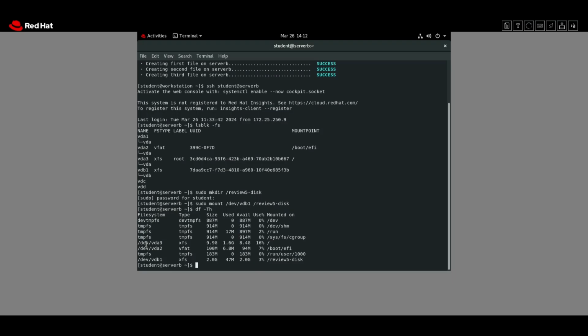Now the second task, on server B, is to locate the file named review-file-path and record its absolute path in the /review-file-disk/review-file-path.txt file. For that we will use the find command to locate the file called review-file-path, and we will redirect all the errors of the find command to /dev/null. This redirection allows us to discard any error from the output of the find command. So we will use find